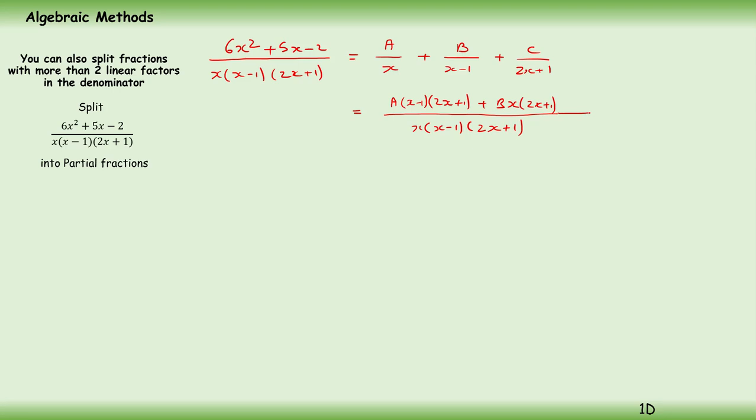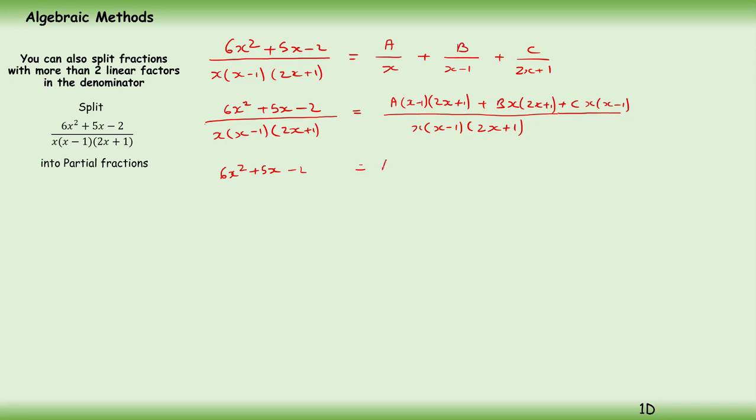I need to extend this a little bit further. So that's plus c, that's over 2x plus 1, so it's going to be times x minus 1. So those are my 3 terms. On this side here, just writing this back, 6x squared plus 5x minus 2 all over x times x minus 1 times 2x plus 1. Right, same denominator, so I can ignore the denominators, and that means that 6x squared plus 5x minus 2 is